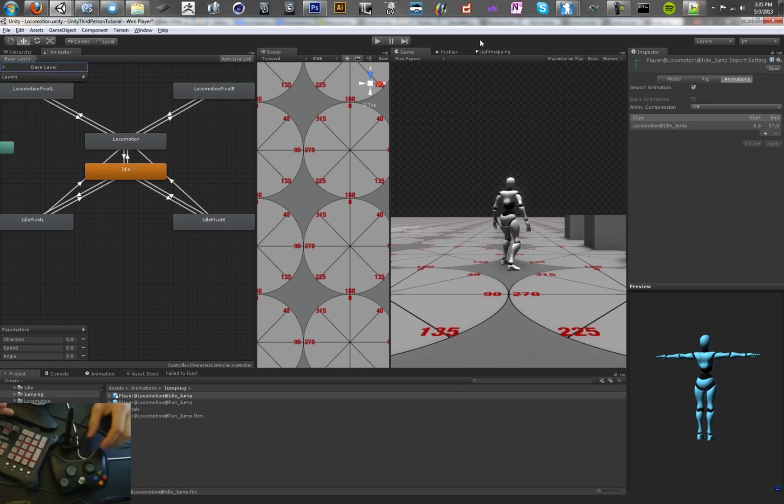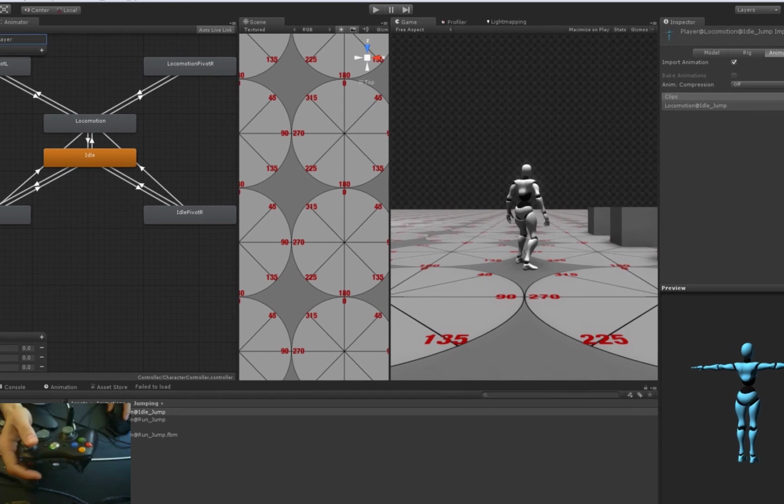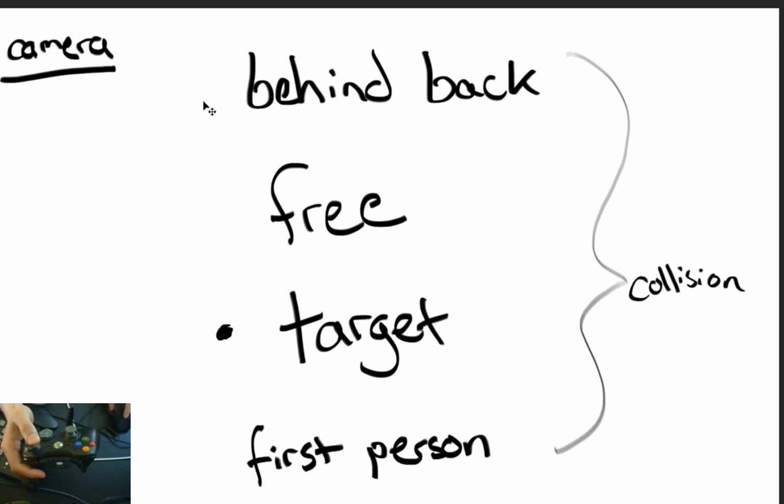Hi, and welcome to the final third-person camera tutorial in Unity. In this last tutorial, we're going to be working on our camera and adding the last feature. So far we worked on the behind-the-back camera, a targeting camera where it would stick behind the character, a first-person camera, the ability to have collision against walls, and we've got one more thing to work on, which is the